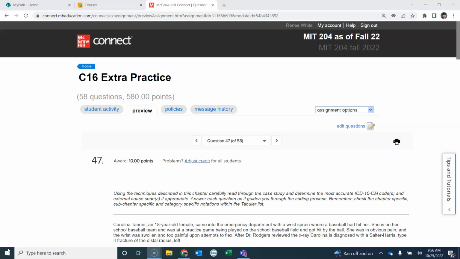So S59.22 is our Salter-Harris type 2 fracture. Okay, and so we've got the left arm. So we need to go to S59.222. Okay, now that tells us we need a 7th character. Okay, so if you go back to the beginning of S59, so I had to flip back one page in my book, it says